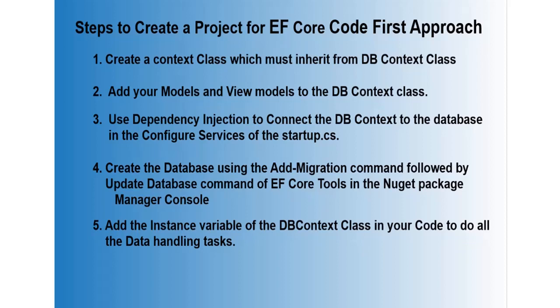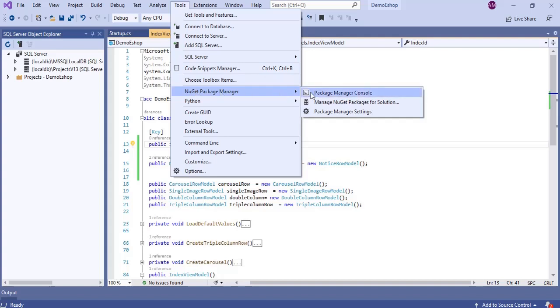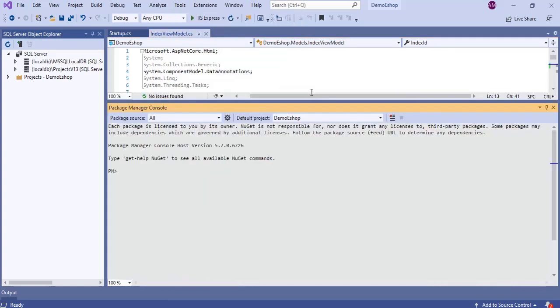So we'll go to the NuGet package manager console now. Click tools, select NuGet package manager, then select package manager console, then type add migration and give a name to the migration, create database created. Then press enter.